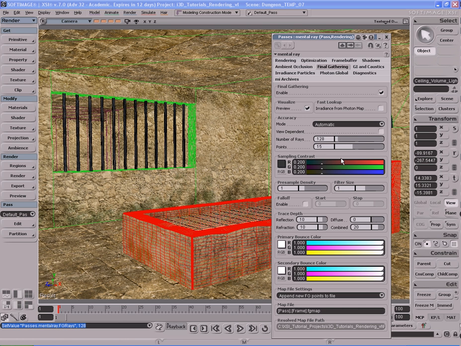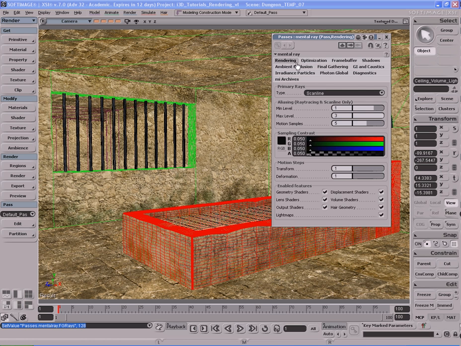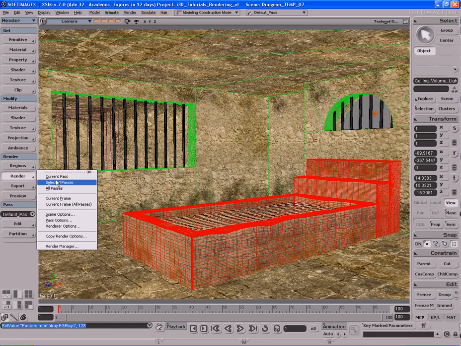And you'll be pleasantly surprised at the fact that you can get a very high quality render, at least a rendered still, with such a low number of rays. So you get a lot of speed in your Final Gathering render, but you also get a really good amount of quality. And also, the next thing you'd probably want to do is come to your pass options, go to